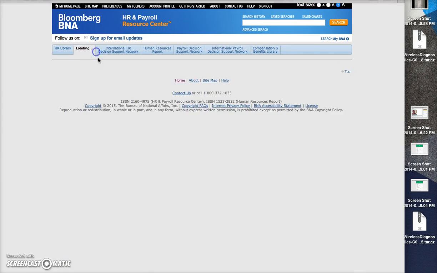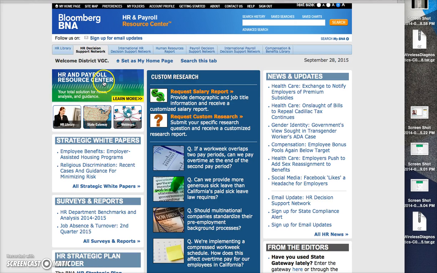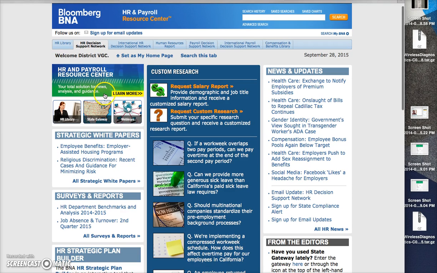And then if we move into the next level, which is called the Decision Support Network, we talked about this. This is where the request for salary reports and custom research are housed. So if you need salary reports, you can write what you need in terms of the job description and what area in terms of geography that you're hiring in. And these are actually